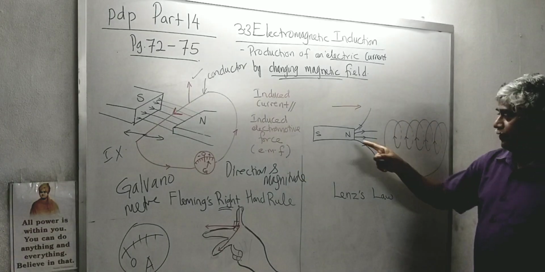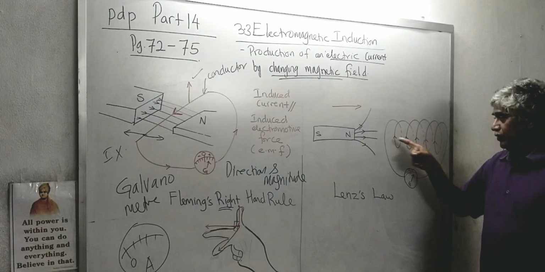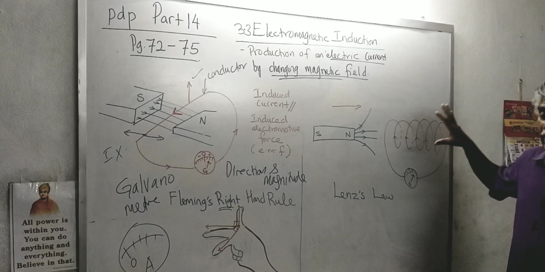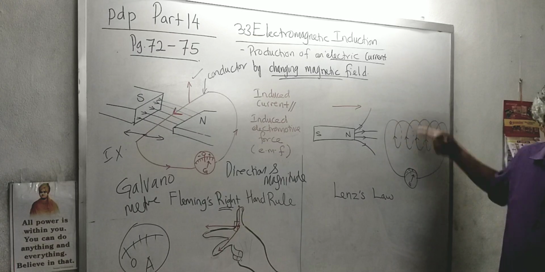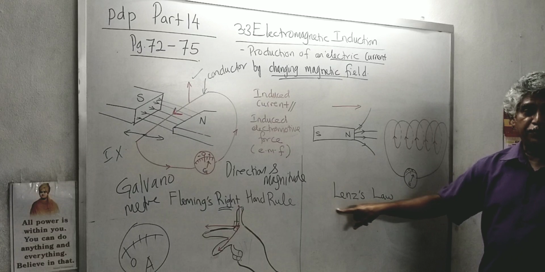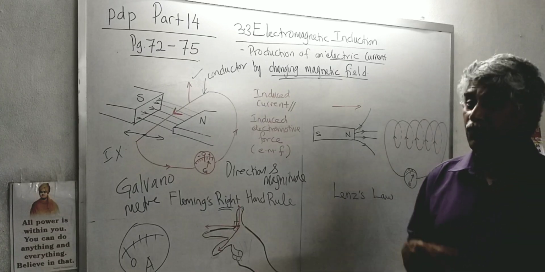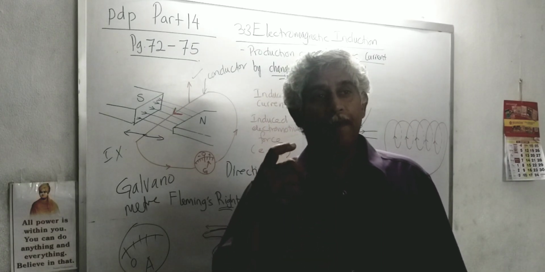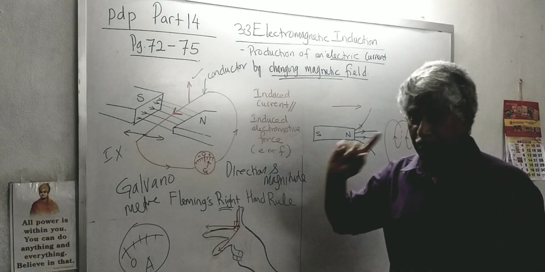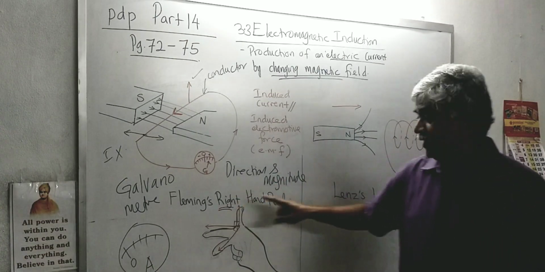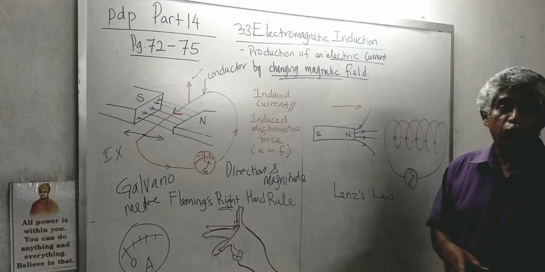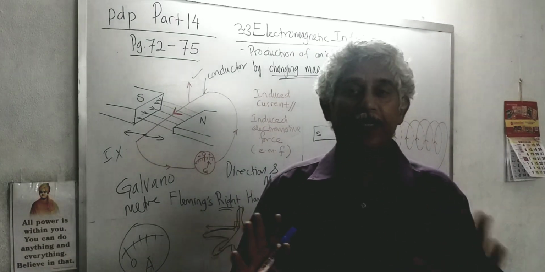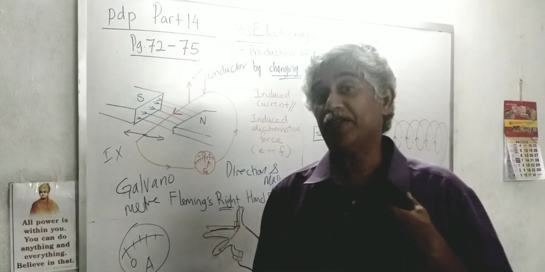Whereas over here, when you move the flux in and out, the flux is also getting cut by the coil, so the coil now induces current. The direction of the current induced, whether it is clockwise or anti-clockwise, is given by Lenz's law. Lenz's law will tell you how to determine the direction of current in a solenoid. So remember, this is for direction of current for a straight wire, this is direction of current for a solenoid. Both are talking about direction, but because the structure of the wire is different, one straight, one coiled, we use different sets of rules to explain the direction of current which we want to know.